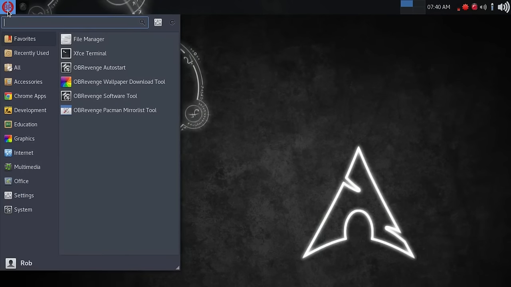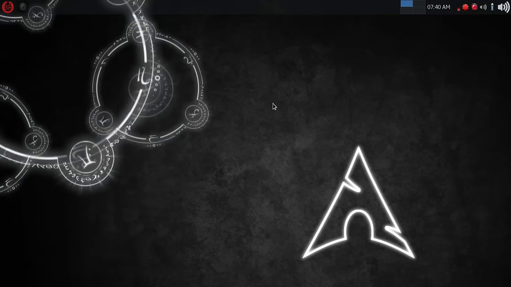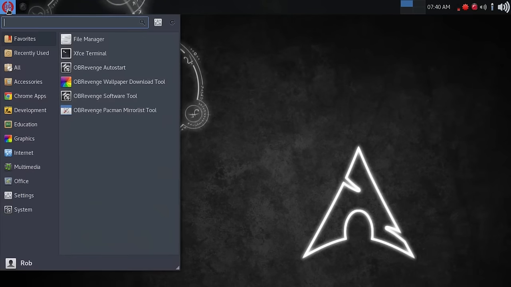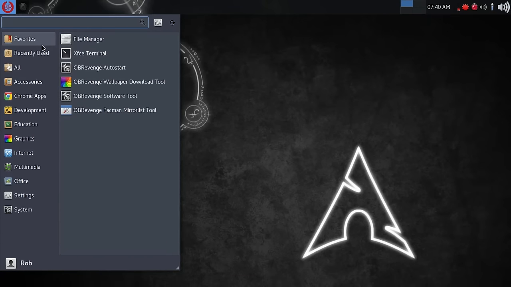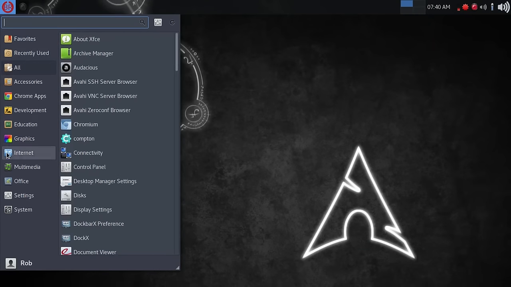Now, this is a unique setup for me. This is the first time I've seen this desktop combination. This is a combination of the OpenBox desktop environment with the XFCE panel. We've already talked a little bit about this being the Whisker menu, which I'm a fan of, and it's really highly configurable. The other thing I appreciated about this is the categories are over here on the left by default.